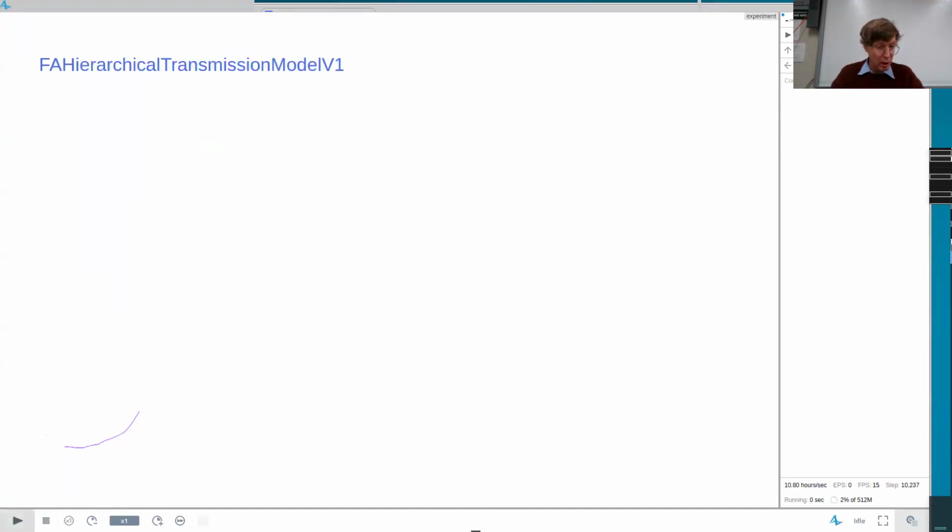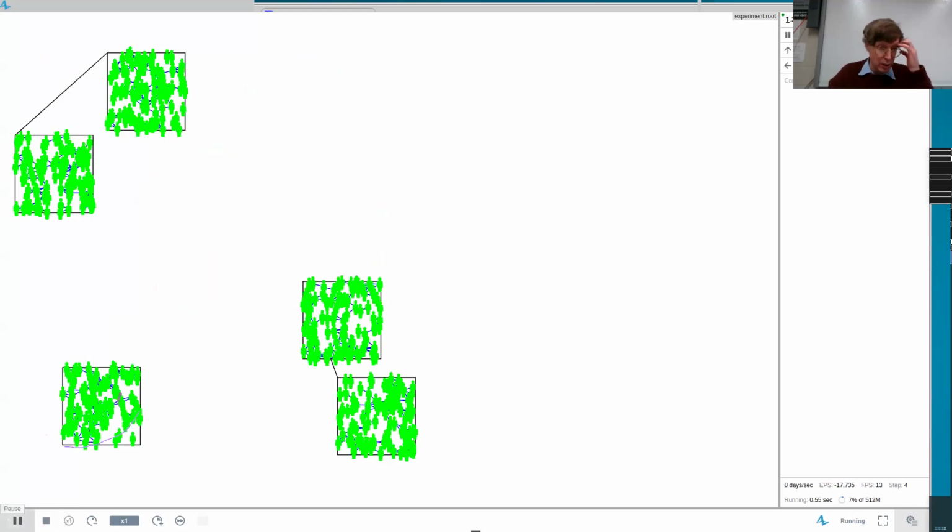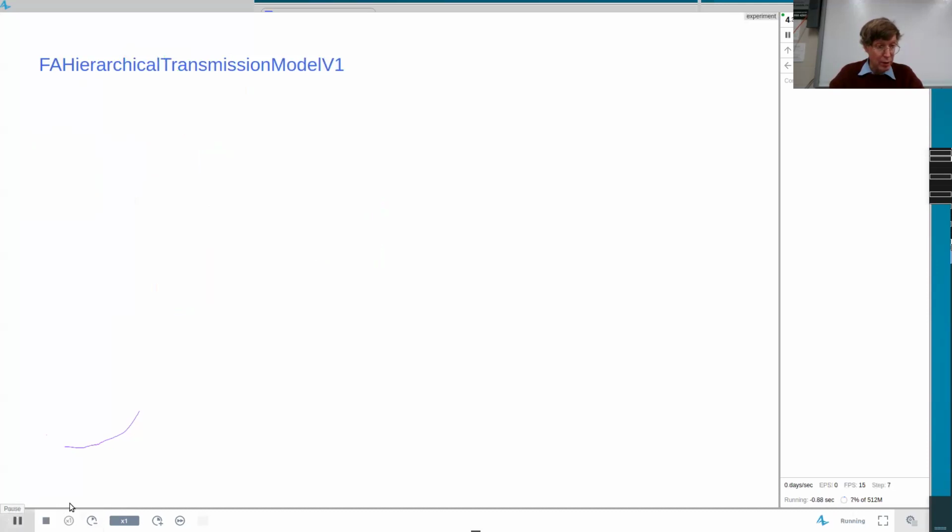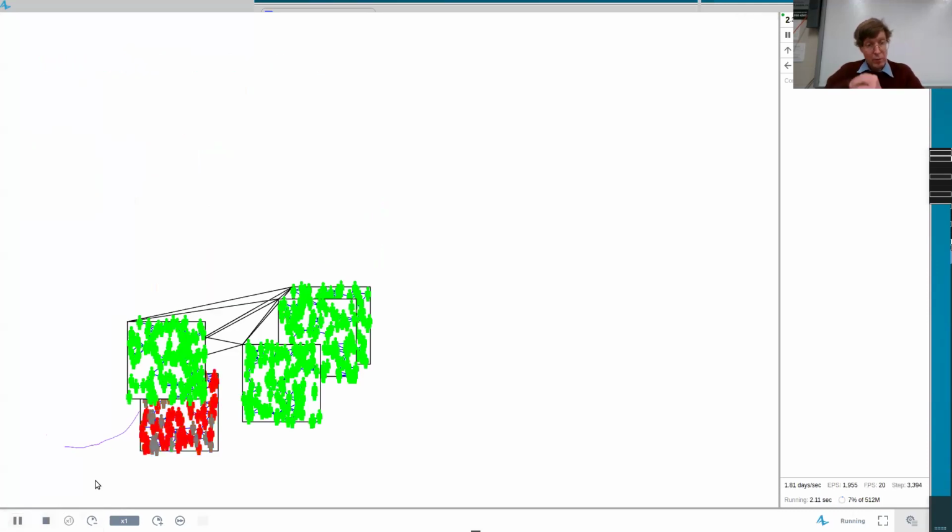So the mobility process is competing with the recovery process to determine whether or not it indeed spreads to different